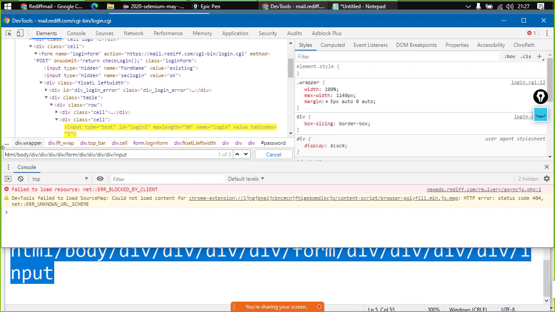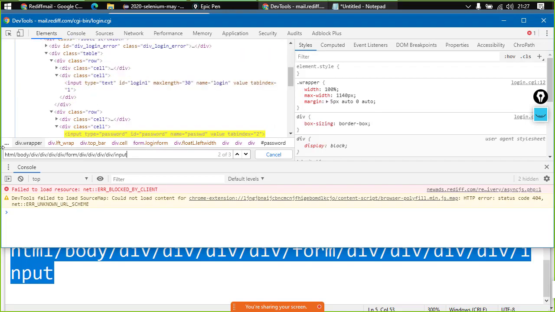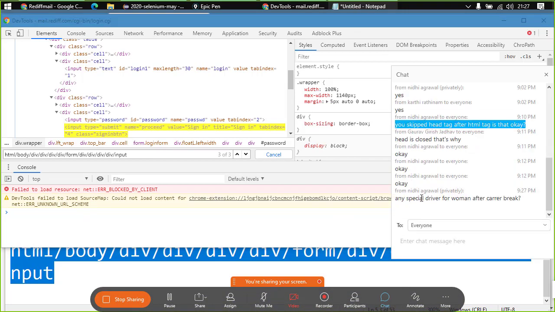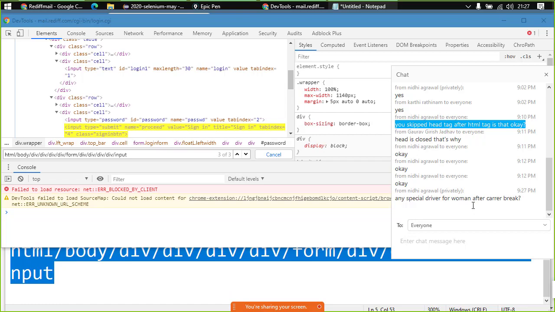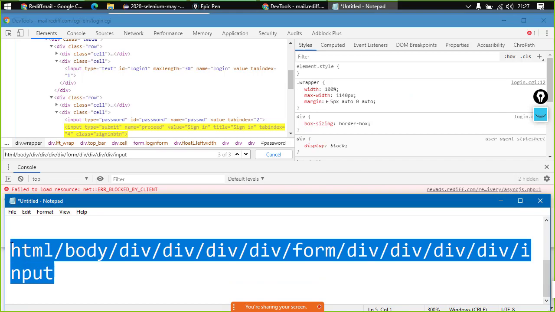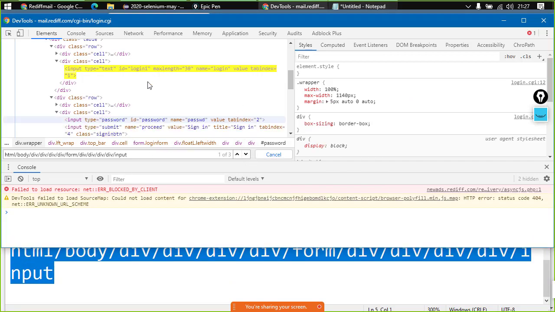I'll simply copy this XPath and I'll paste it here. As you guys can see that we have got the element, but there are three other matching elements as well, right? So someone has a query. Nidhi, I could not understand your query. So over here we have got this particular XPath which will work for us, because over here we have got the element, but there is a problem. The problem is it is pointing at three different locations.